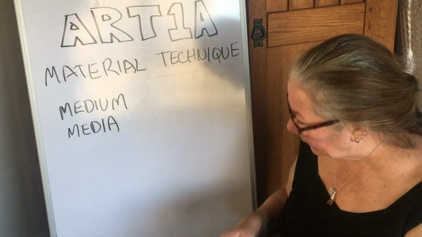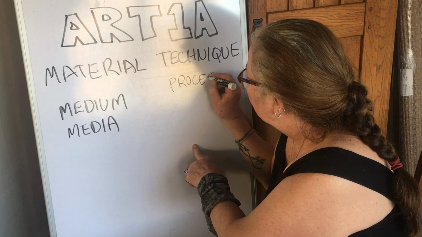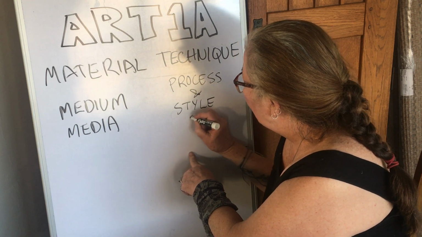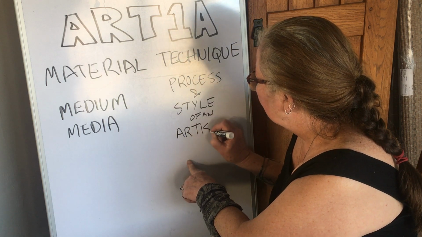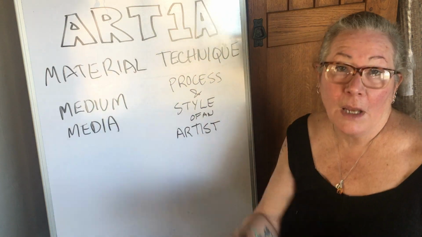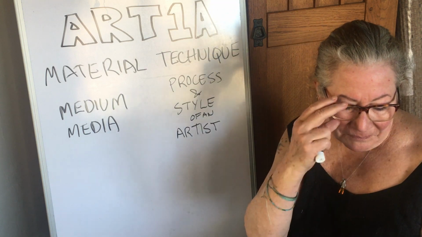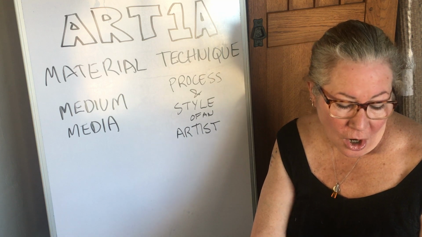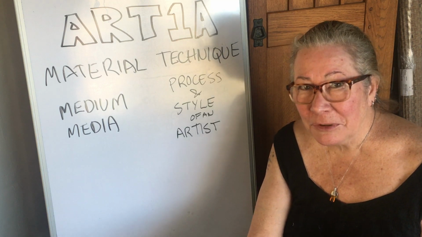So technique is basically the process and style of an artist. What process does that artist use, and what style is that? Does that make sense? I hope so. So form and composition, material and technique are fundamentally connected and pretty vital to analyzing works of